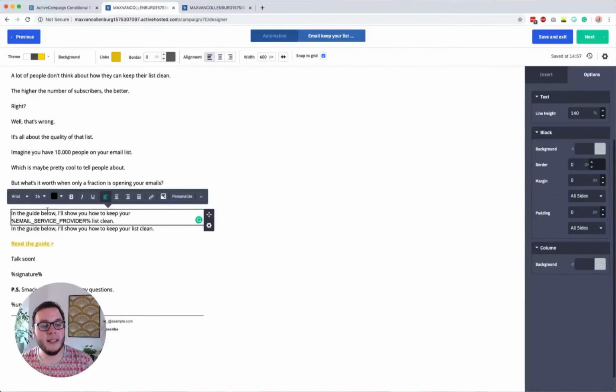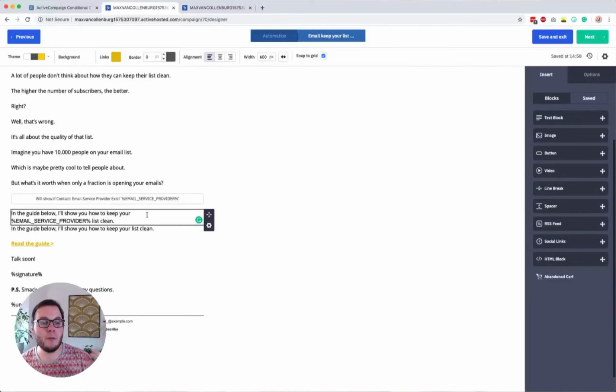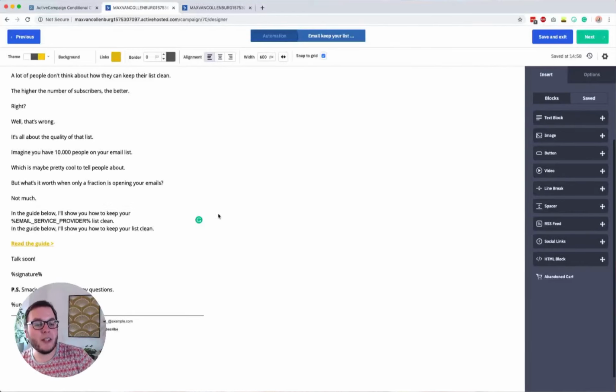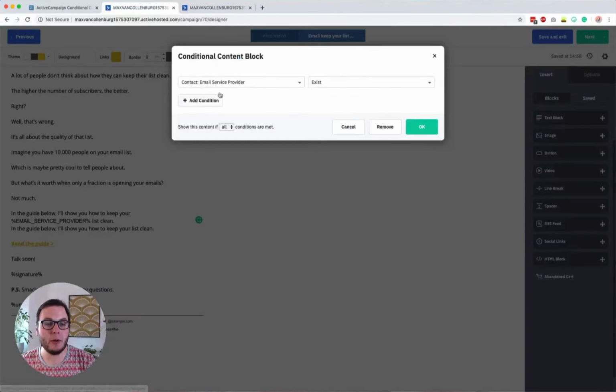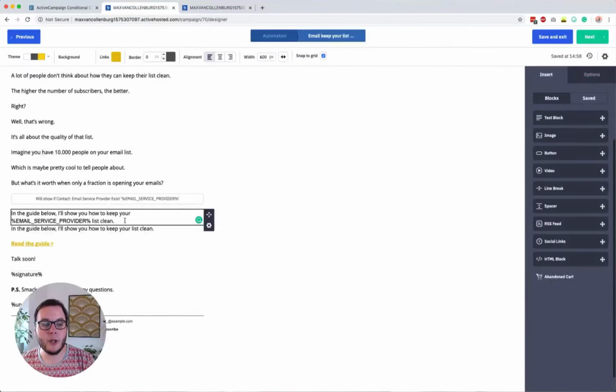It would say, in the guide below, I will show you how to keep your ActiveCampaign list clean. But I obviously only want to show that to people who I know which email service provider they use. So to do that, I set up a condition that said email service provider. So that's a contact custom field. If it exists, only then will it show up.